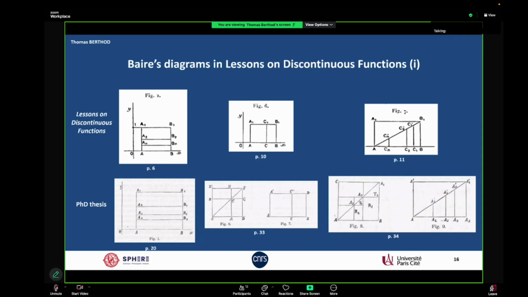So one reason why the second diagrams disappear in his lesson, I think, is due to the fact that Lebesgue wants to focus. You said Lebesgue. Oh, sorry. Because Baire wanted only to focus on one problem, to simplify the course that he gave, and to help students to deal with the content that he presented to them,